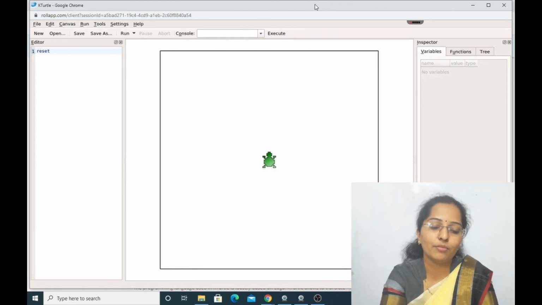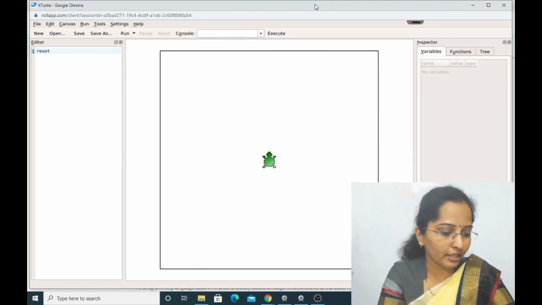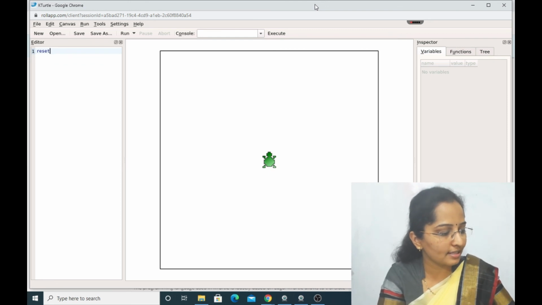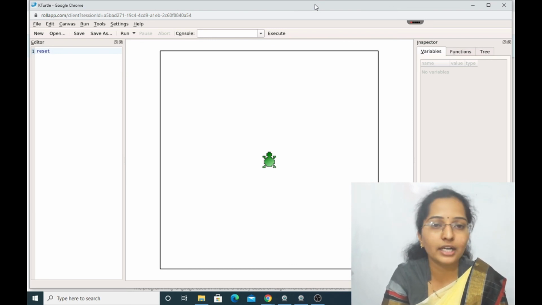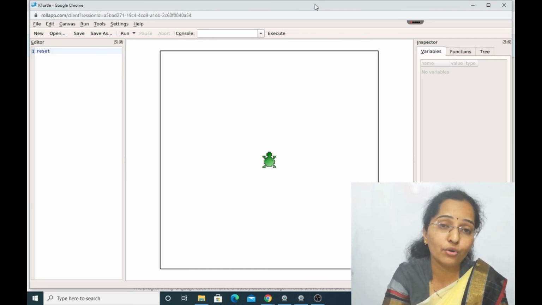Okay guys, one homework from my side to you. On page number 56 in the exercise as well as on page number 59, they have given some shapes. For that you have to write commands and try your own commands on your personal PCs and send the results from your side.